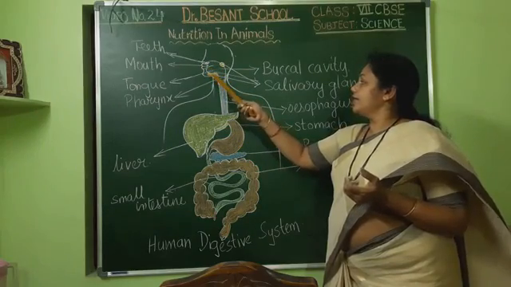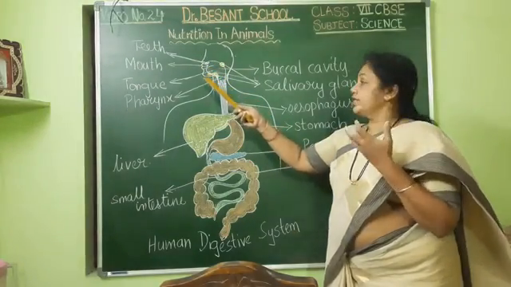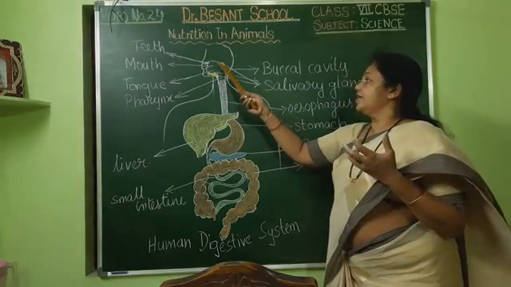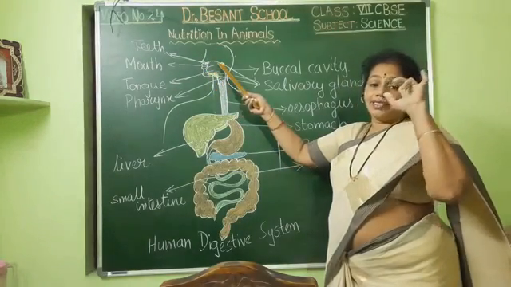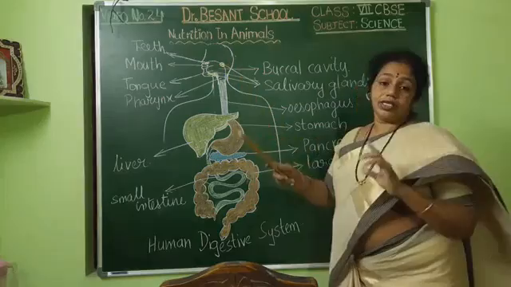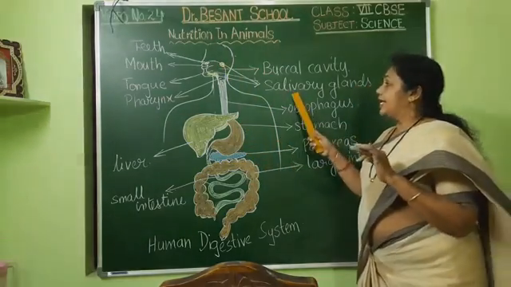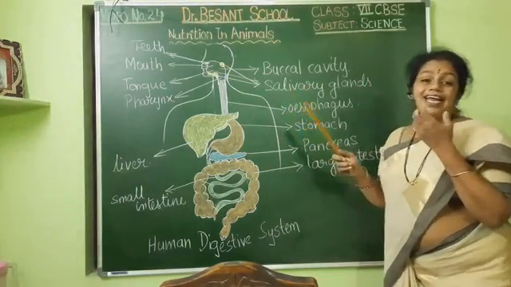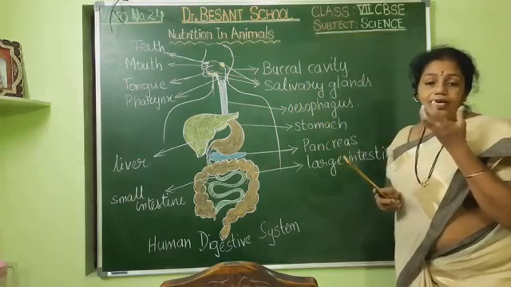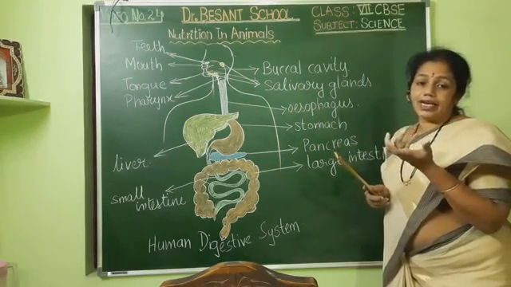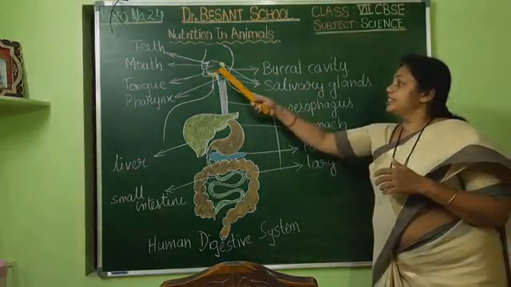Here under the tongue there are two, under the lower jaw and under the tongue there are two glands, and here one more is there on the back side top. We have got one more. Those three are called the salivary glands. They produce the saliva. We all get saliva, no? The liquid-like thing that is there in the mouth, that is saliva. So that is produced by these three glands.